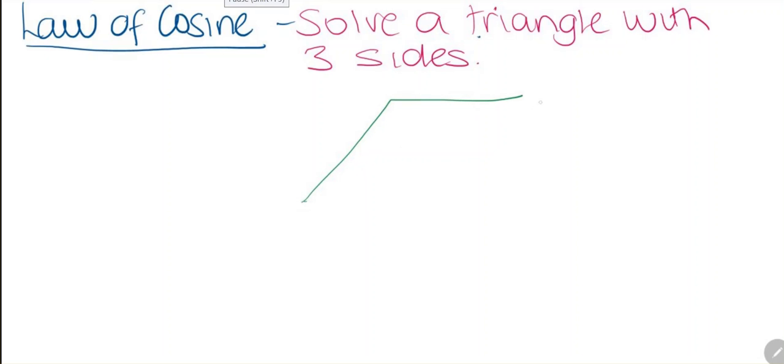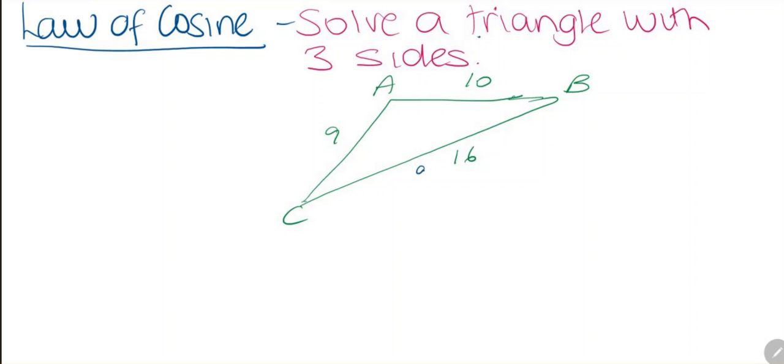So if I draw the triangle, this is triangle ABC, and we have a length of 9, a length of 10, and a length of 16, and we don't know any angles. So if we label this little a, little b, and little c,